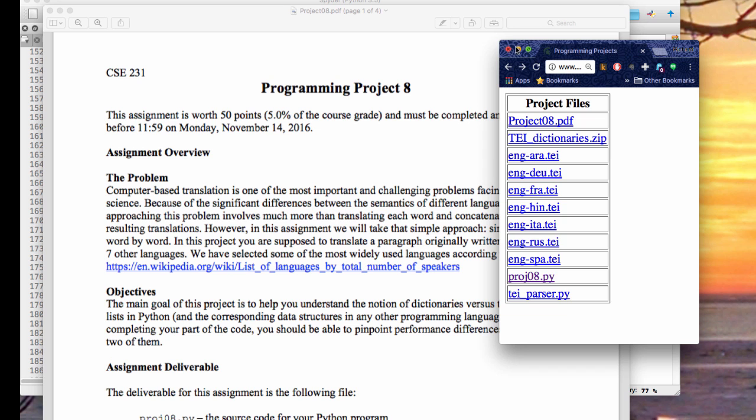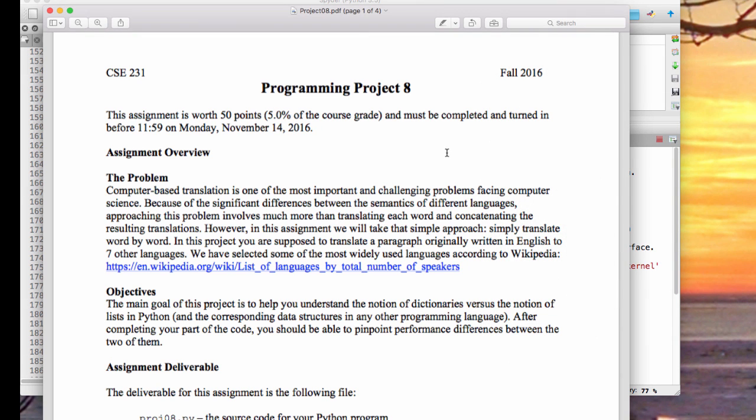So what's this project about? Well, what this project is about is translating. So we're going to do some translations. And all those files were files for translating from English into a variety of, actually 7 languages. If we're doing 1, let's do 7, because once we've built this system, that's what we can use. So we grabbed the 7 most popular languages according to a page on Wikipedia, and we're going to write a